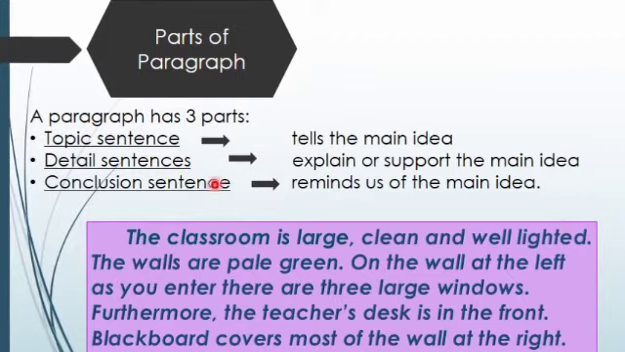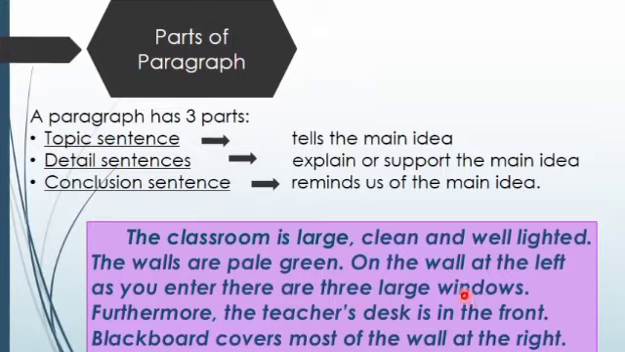The next part of a paragraph is the detailed sentences. These sentences explain and support the main idea. Our example about the classroom has 3 detailed sentences. They explain and support what type of classroom it is. Here are the 3 detailed sentences of our example paragraph. The classroom is large, clean, and well lighted. The walls are pale green. On the wall at the left, as you enter, there are 3 large windows, because they tell us what type